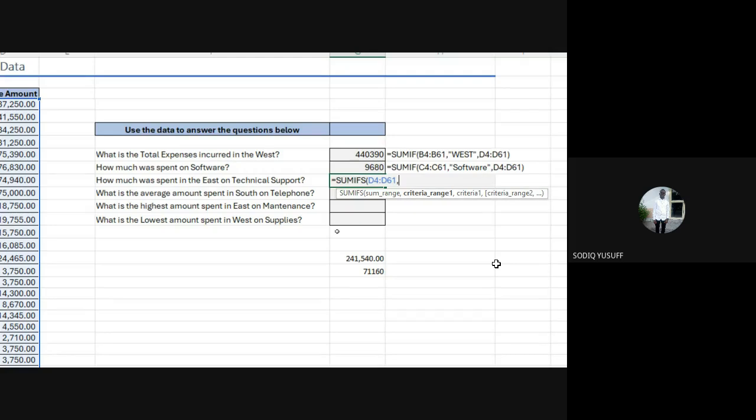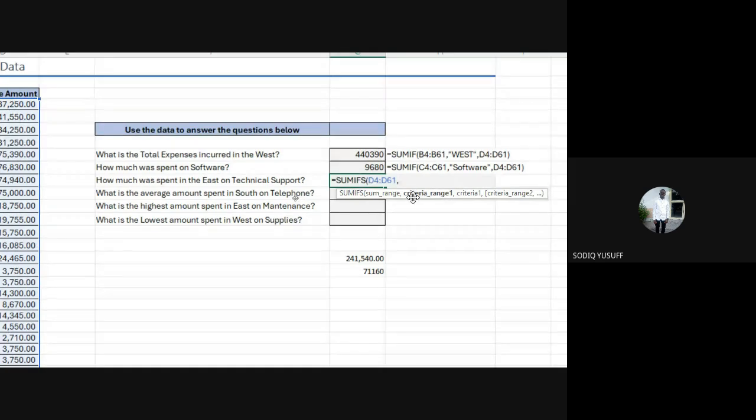If you remember, under SUMIF, what we have is just range and criteria. But here, because there are many, remember earlier I also said that range also means criteria range. So criteria range 1 is for the first criteria. Where is the range of the first criteria? Our first criteria here is the East. Where can you find East?